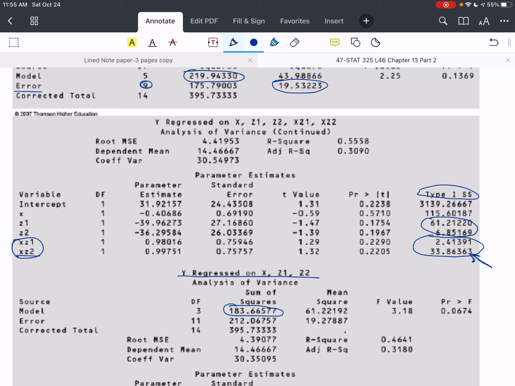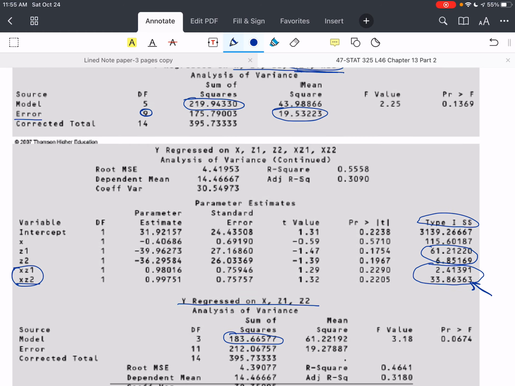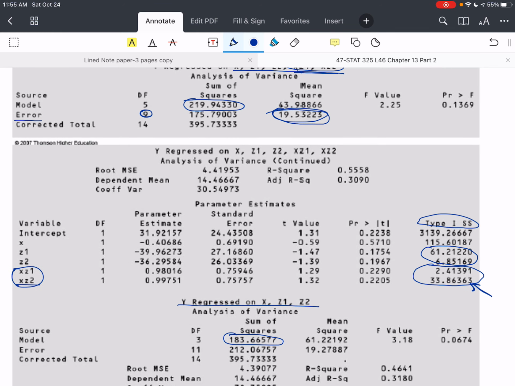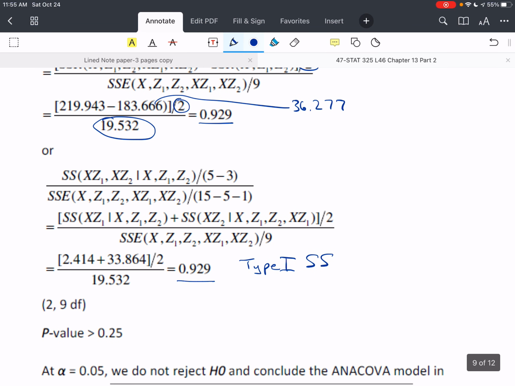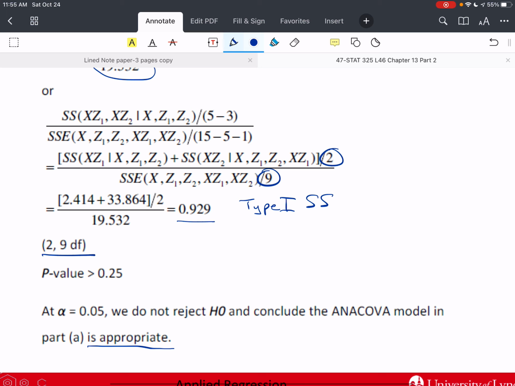That's going to be the difference by adding those two interaction terms at once, and divide that by 2, and then divide that by the MSE of the full model. Okay? So let's see what we get. So in both cases, we get the same answer, as we should. We have 2 and 9 degrees of freedom. 2 in the numerator, 9 in the denominator. And the p-value turns out to be 0.25. So at alpha equals 0.05 or alpha equals 0.1, do not reject H naught. And we can conclude that the ANACOVA model in part A is appropriate, that we can leave out the interaction